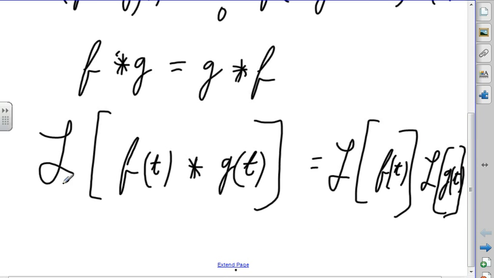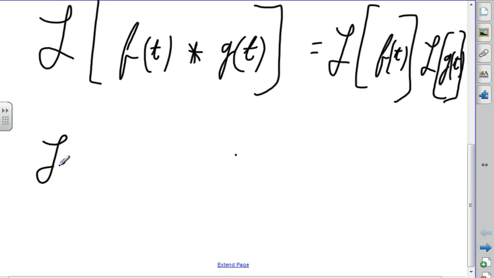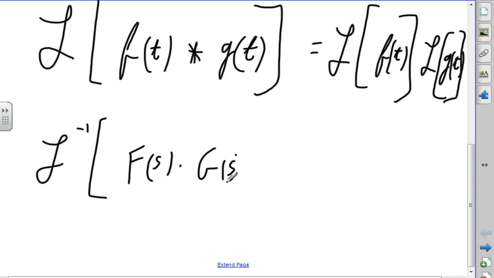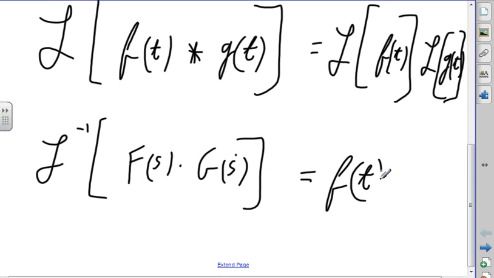So I could go the inverse Laplace transform, and it's just another way to write it, of F of s times G of s will be equal to the convolution of f with g of t. And then in order to solve for this, we'd have to do the integral thingy. All right, so that's the convolution property. And then we're going to deal with Theorem 2,